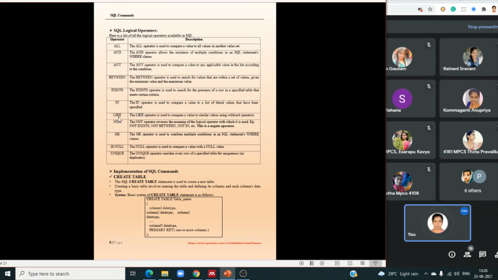The like operator is used to compare values similar to given values using wildcard operators. Generally, like is used with character data types. For example, student's names that start with a certain letter, student's names that end with Rao, or names that end with Devi, like that.